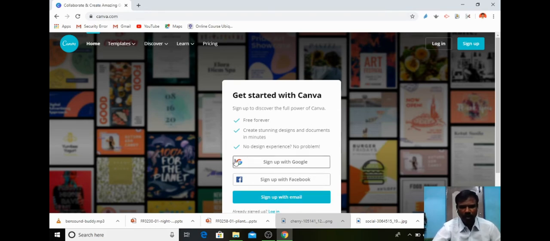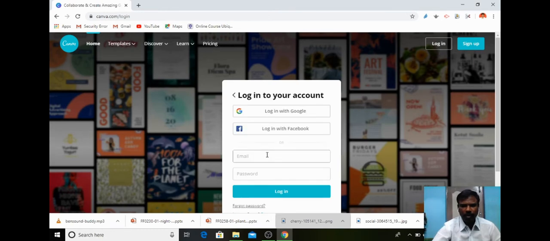So already I have signed, so I am using this login button. So give the login credentials.